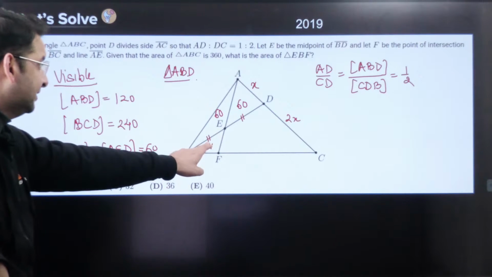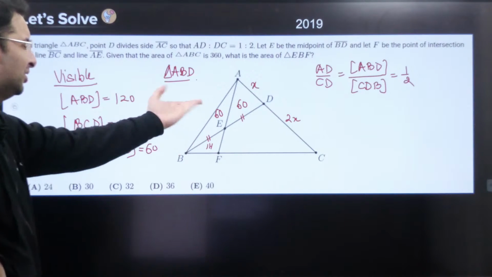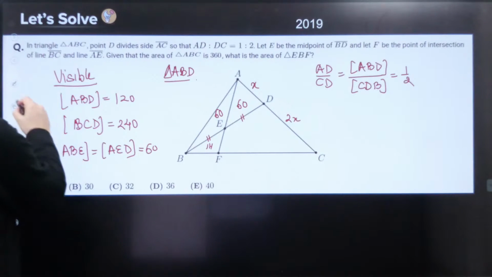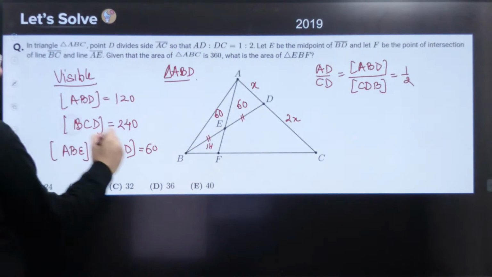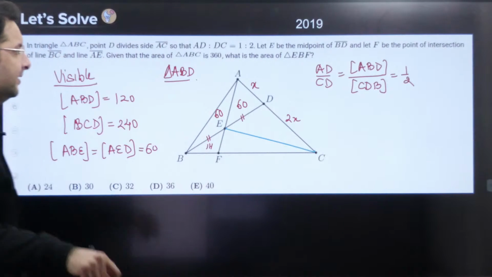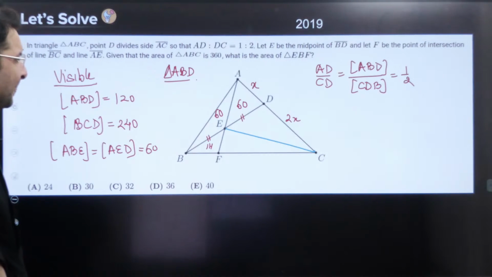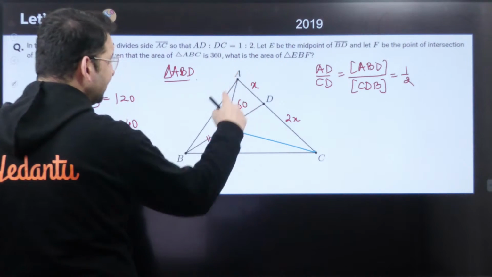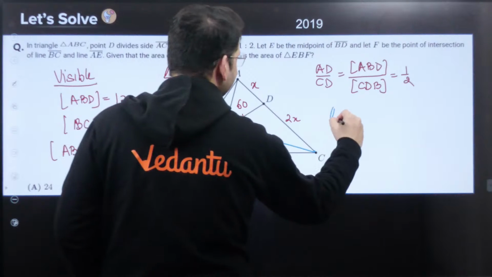But again, we want to find this portion, not this. If they had asked this, 60 would have been very simple. This is what we need to find out. Done. What do you do? Join EC. Now guys, tell me, if you consider triangle AEC,